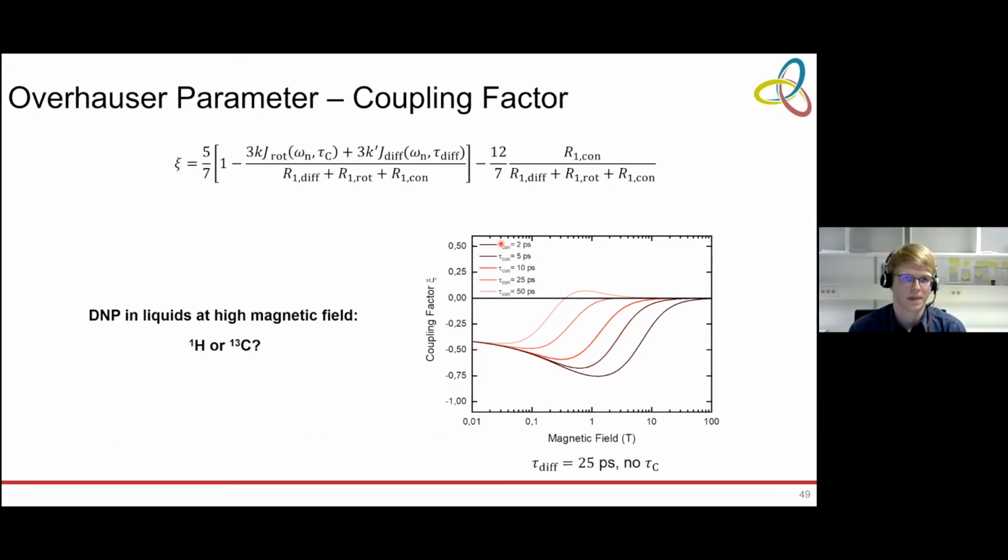And for this purpose, we need a nucleus that displays a scalar dominant cross relaxation, so that where the coupling factor is dominated by scalar relaxation. And unfortunately, protons don't do that. They are almost exclusively displaying dipolar dominated coupling factors, which leads to a positive coupling factor. On the other hand, 13C does the opposite. Most of the moieties are actually scalar dominated, and we can obtain negative coupling factors for it. So we chose 13C,